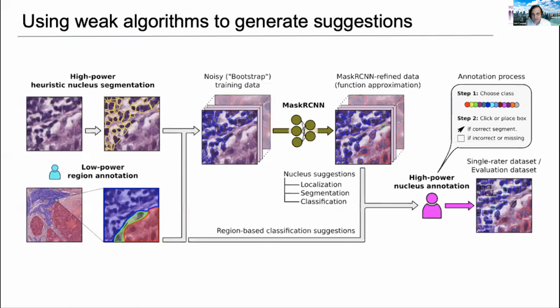So you can see in the center here, we go from a bunch of segmentations that are missing these tumor cells in the lower right corner. Once we pass things through the Mask R-CNN, train it, and then use inference on the training data again, we get these nice tumor cells that show up, and also this fibroblast that was missed. This is something I haven't seen before. I think it's some novelty that we have, which is to bootstrap our way into getting these higher quality suggestions.